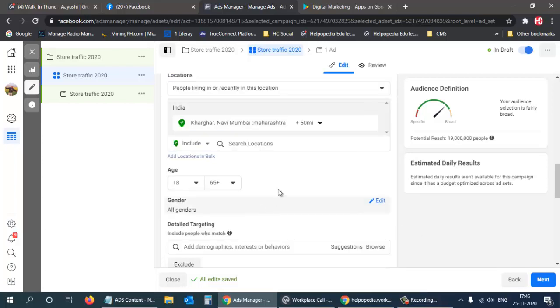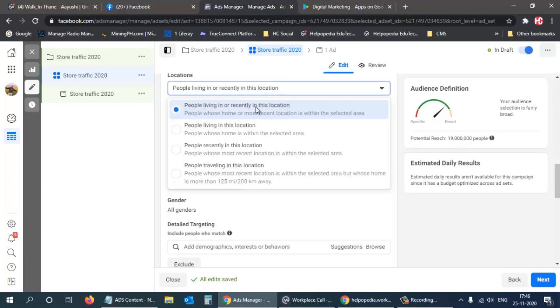Yeah, see this option over here, locations: people living in or recently in this location. So over here I can select this option, if I want to target only the people living in this location, because if people are coming from outside, say coming to Navi Mumbai, they might or might not visit our office or store.